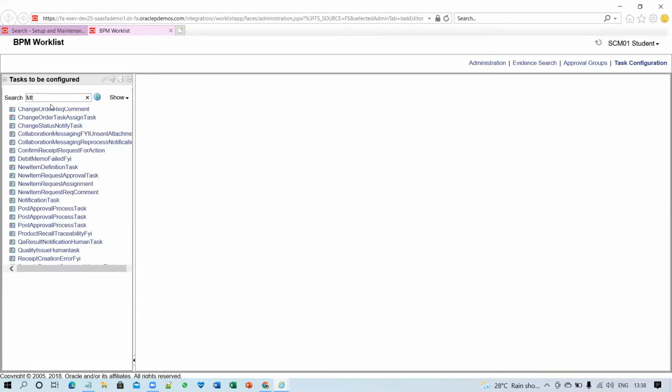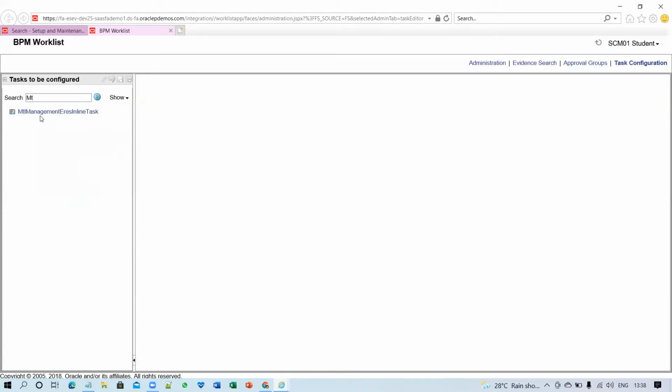Yes, now you can see the task MTL management ERES inline task. This is the complete task name for the miscellaneous issue transaction. So you have to click on that particular task.